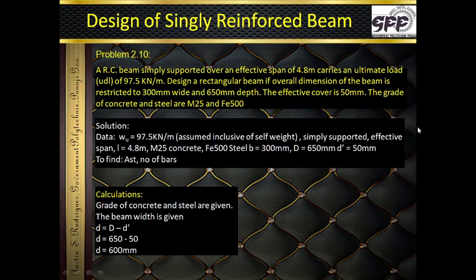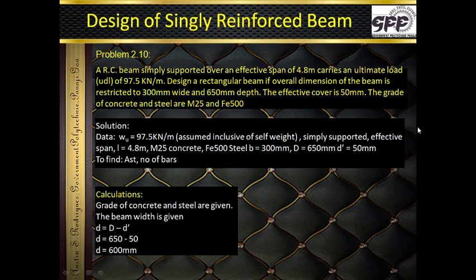Now this overall depth which has been given as 650 mm, it may be that the architect does not want the beam to be deeper than 650 mm. It could also be that from the architectural point of view, elevation wise, if the beam goes below 650 mm, it may not look nice, or maybe it is going to interfere with the headroom. That's why maybe the restriction of 650 mm is put over here. There could be so many conditions.